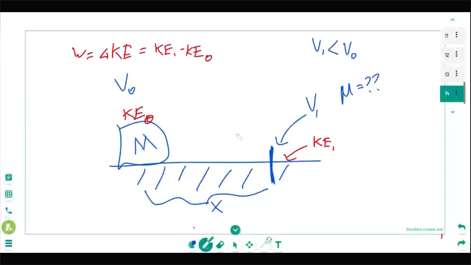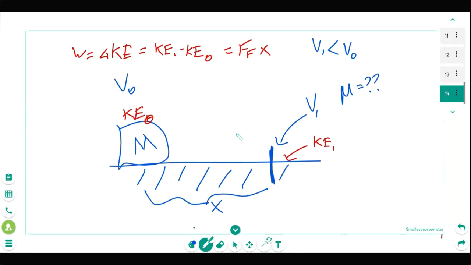It wouldn't be gravitational potential energy because we're not going up and down. We're not changing height at all. And it won't be a spring PES, because there's no spring involved here. It's strictly kinetic energy that we're going to lose. It's going to be taken away because of friction. And this must be equal to the force of friction times x, the distance we traveled.